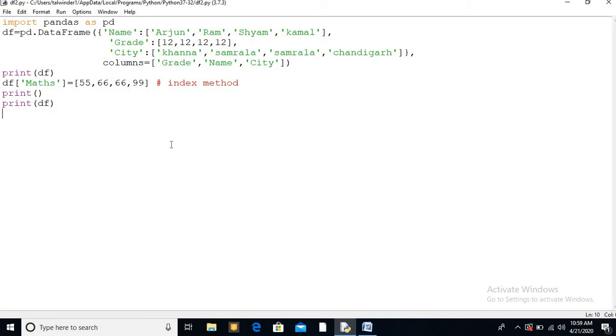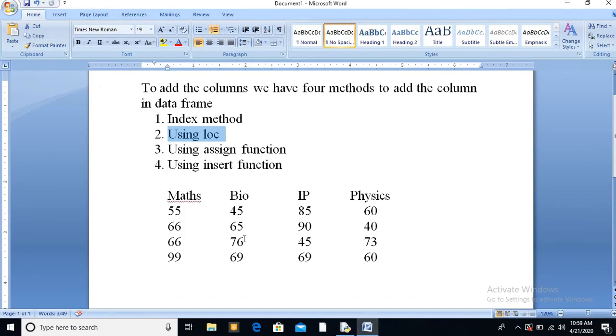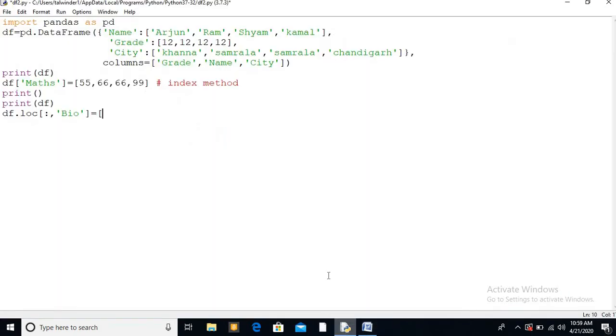For this you have to write the data frame name dot LOC, then square bracket, put a colon sign, then a comma, then the name of the column, which is bio. Then close the bracket, is equal to the score values: 45, 65, 76, 69, 45, 65, 76, 59.